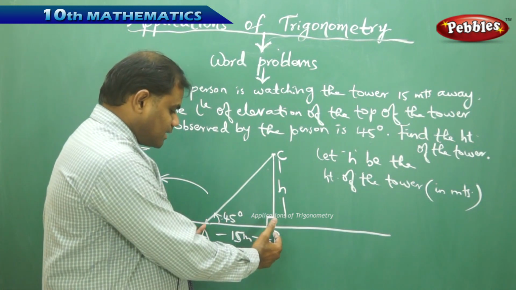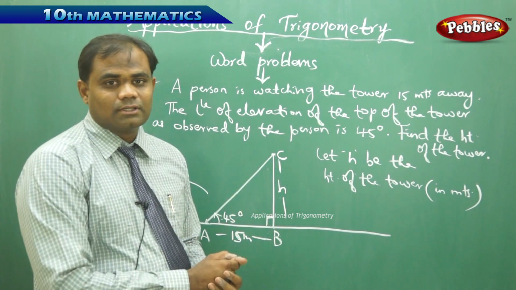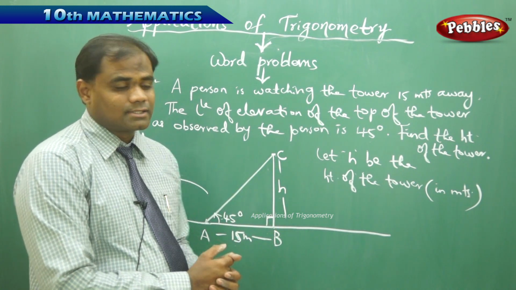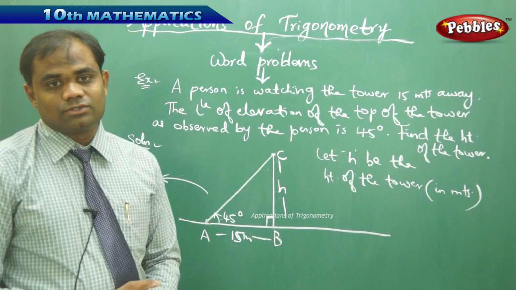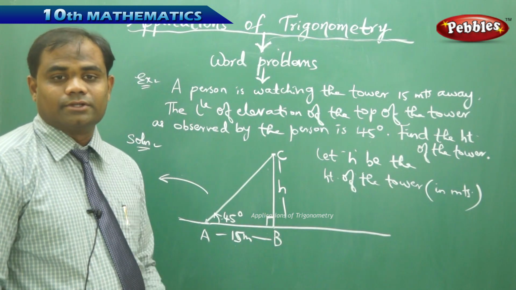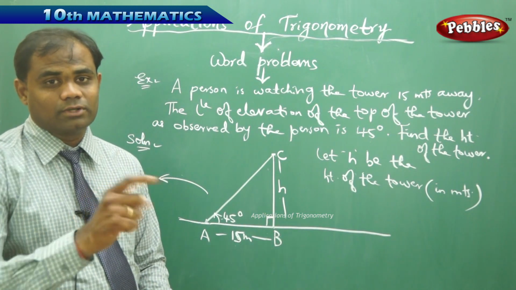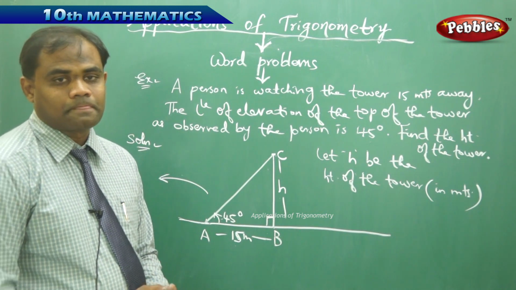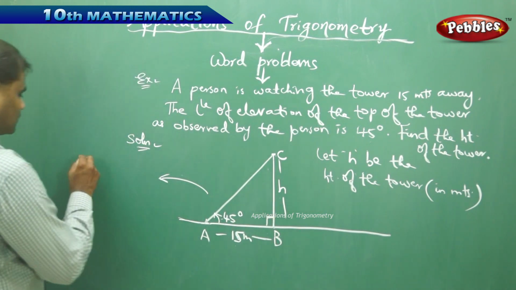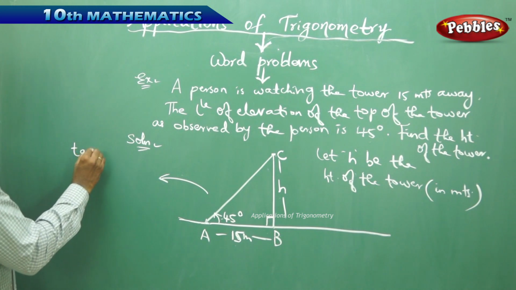Now, because the adjacent side is given and I need to find the opposite, we know that the opposite and adjacent sides are related with tan theta. So tan theta helps me in this real life problem, and it is very important for identification. Therefore, to find the height of the tower, I take tan theta, which is